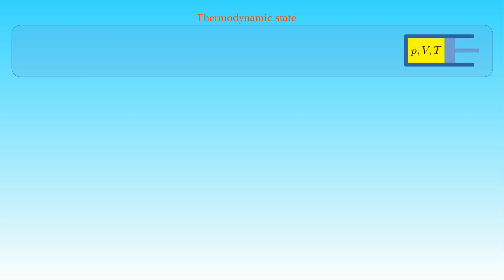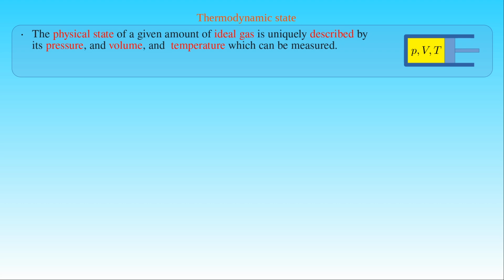Since we have introduced the concept of thermodynamic system, we can define the state of such a system, also known as thermodynamic state. In the discussion of the combined gas law, we saw that the law determines the temperature and the pressure of a given amount of ideal gas enclosed in a volume. Therefore, the physical state of an ideal gas is uniquely described by its pressure, volume, and temperature, and we can